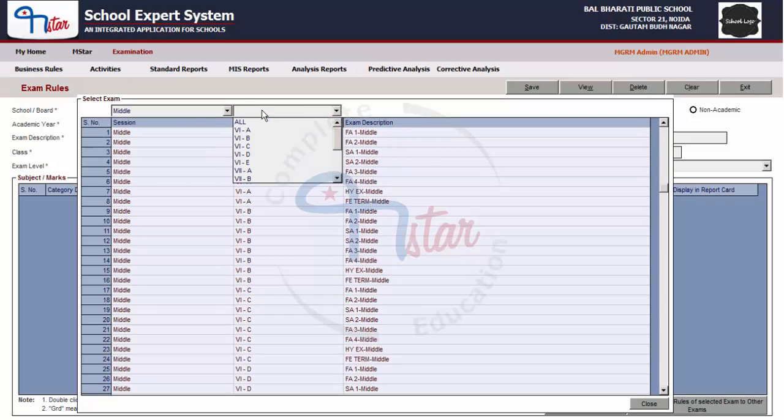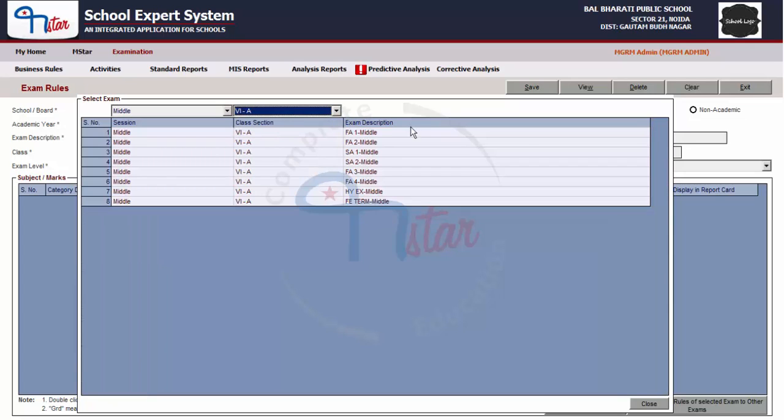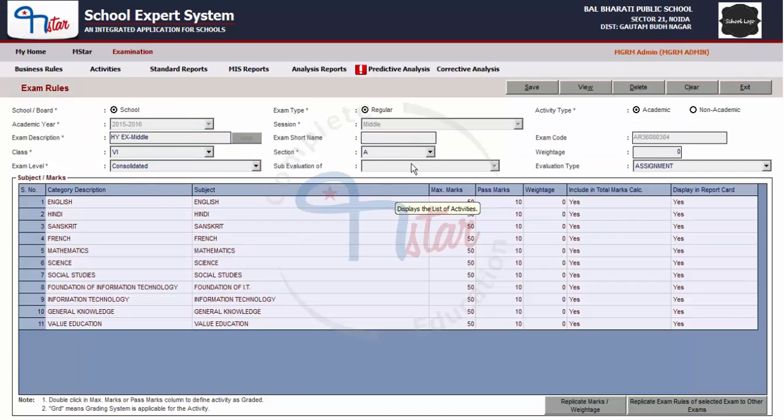Click on the box above the class section and select the class section for which the examination deletion needs to be done. It will filter the list of examinations for the class section. Click on the row of the exam which needs to be deleted and the details of the exam appear in the main screen. To delete the exam, first ensure that exam result has not been entered against any subject in any class section. Once the same is ensured, click on the delete button